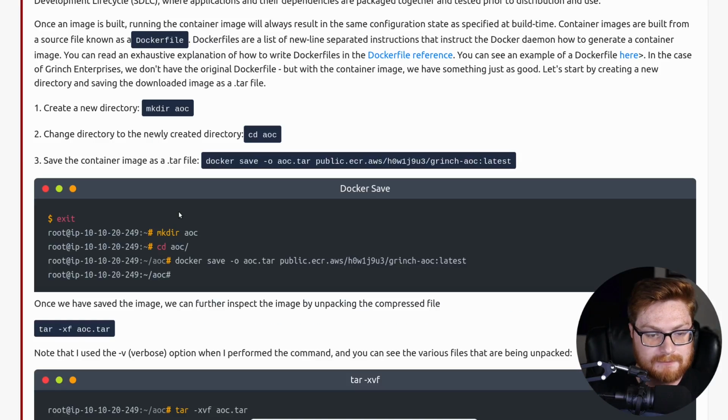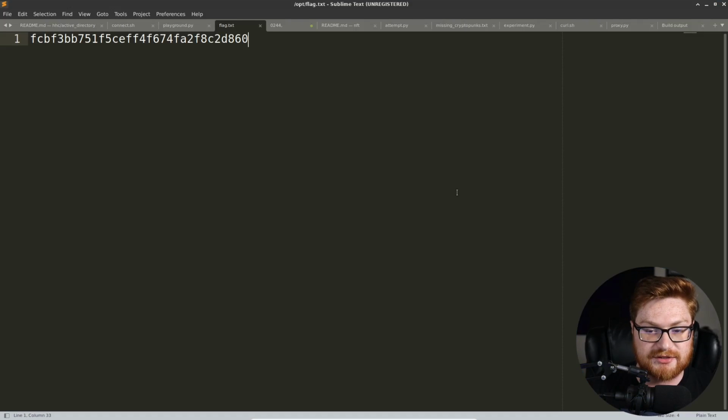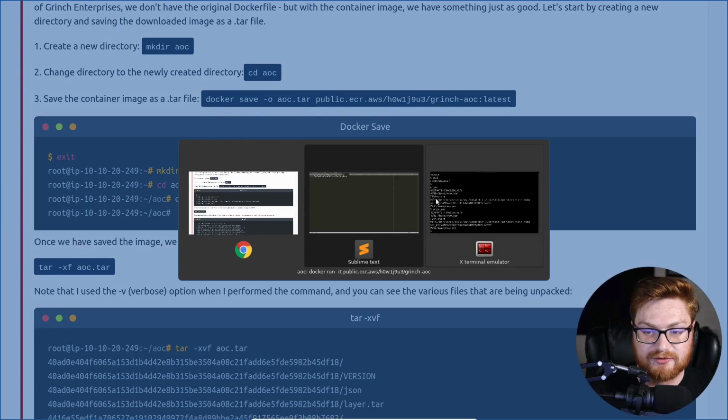All right. With that said, we made a directory AOC for Advent of Cyber after we were exiting our container that we were currently in, right? And then we would use docker save as a command to actually pull out all of the layers and store them as a tar archive, that tape archive, given a specific tag. And then we could actually verify, do we have that file present in our working directory? And let me review that.